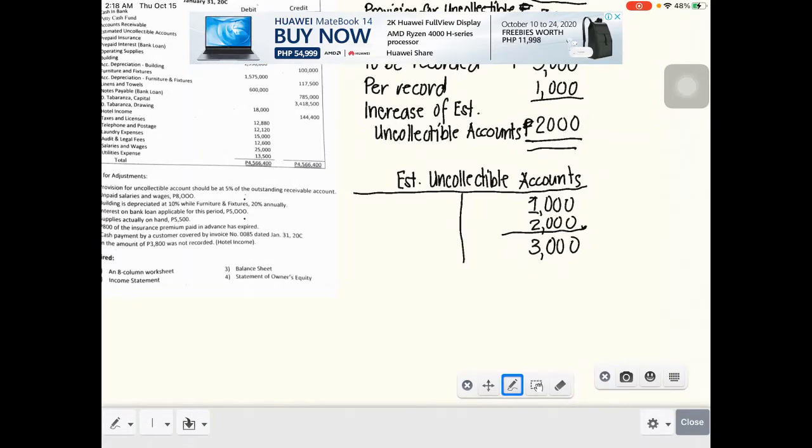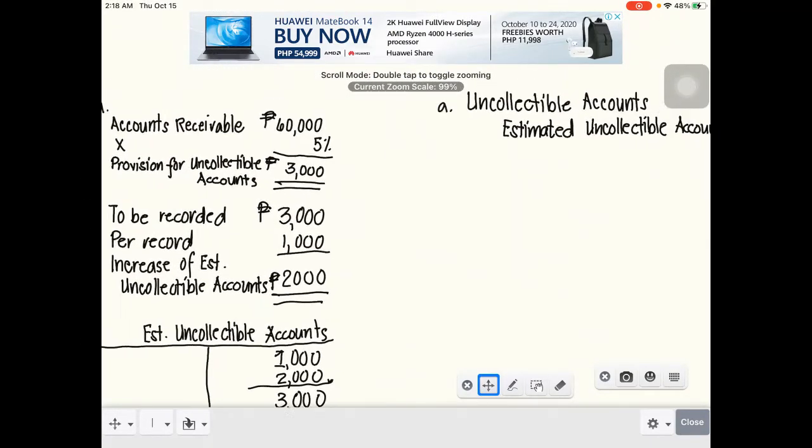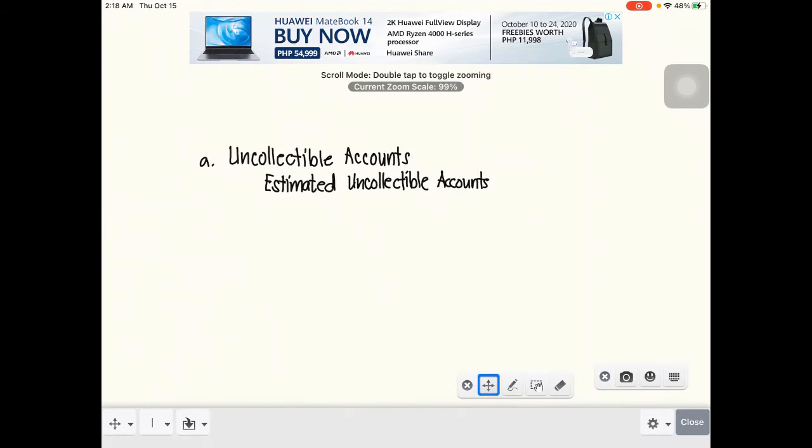So this is an addition of 2,000. This is adjusting